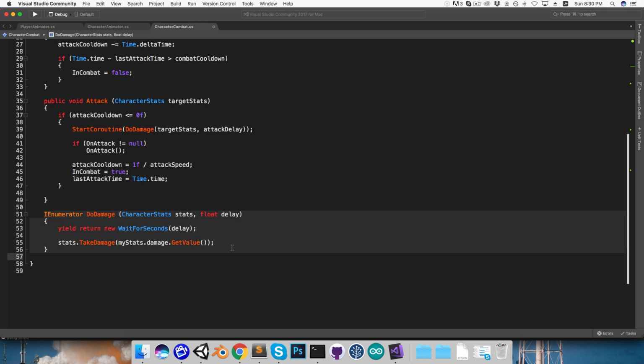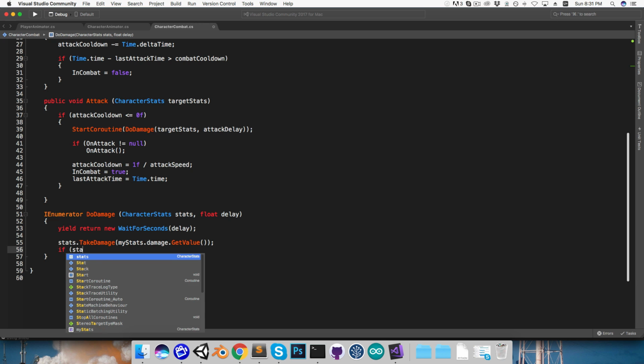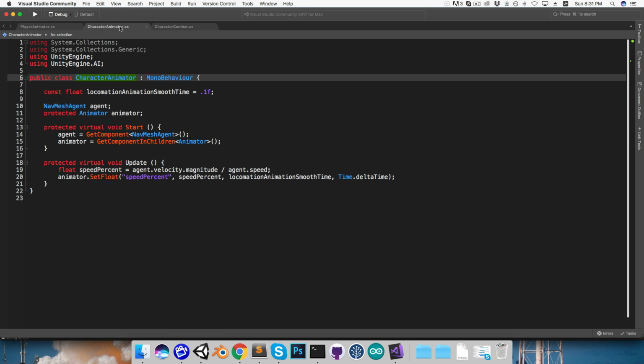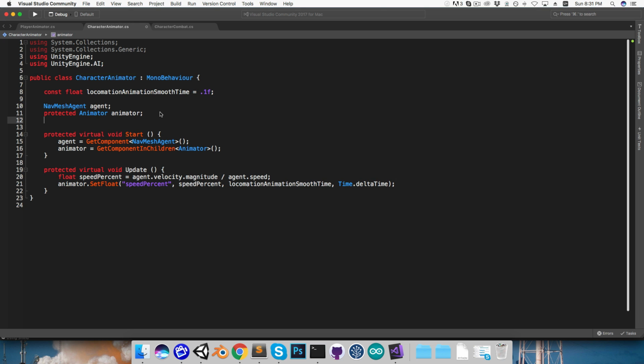its target. So in this DoDamage routine, after taking the damage from the opponent's stats, I'll say if stats.currentHealth is less than or equal to 0, that means we've defeated our opponent, so we're no longer in combat. Alright, so saving that and going into the character animator, I'll now create a protected CharacterCombat variable,